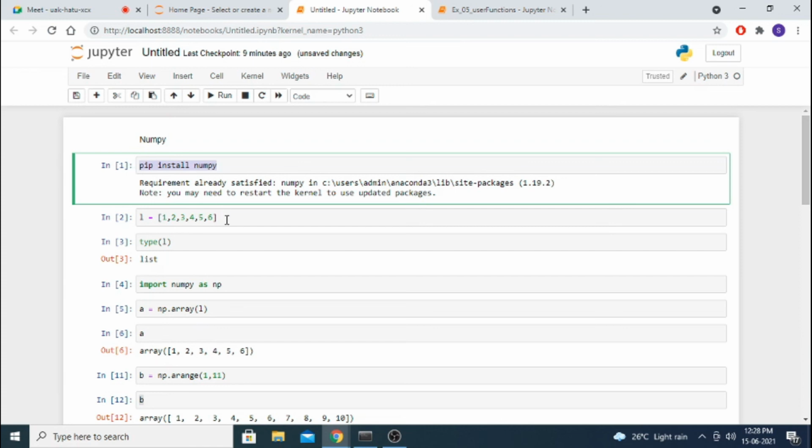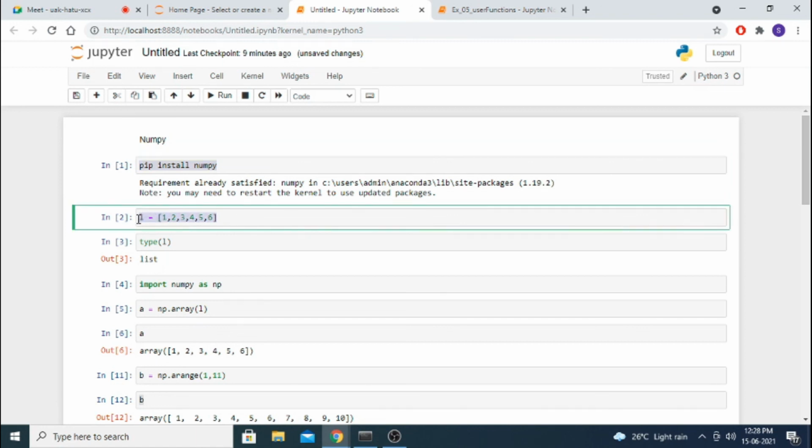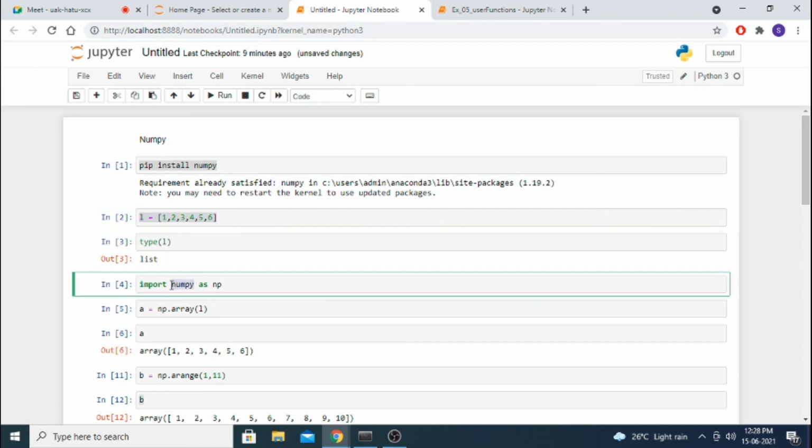Then we can convert a list into an array. For that, we installed NumPy. To use NumPy, we have to import NumPy so it comes into our environment, this notebook. The alias name is optional only.